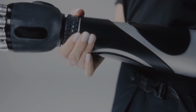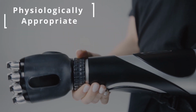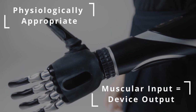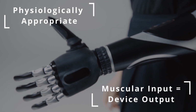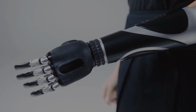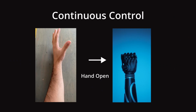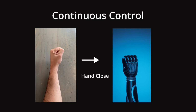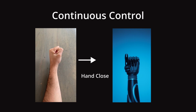Additionally, the inputs that are recognized are physiologically appropriate contractions. These are contractions that correspond to an equivalent device output. For example, think hand closed to close the prosthesis and hand open to open it. But maybe the most unique aspect of prosthesis control is that control schemes are developed to enable the continuous control over a device. This means that predictions are being made on milliseconds worth of data to enable responsive control to